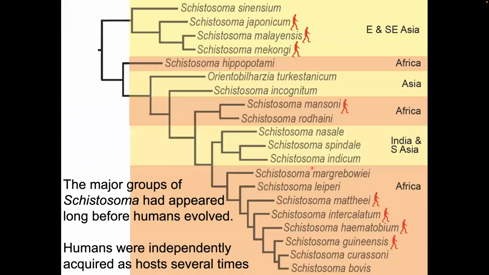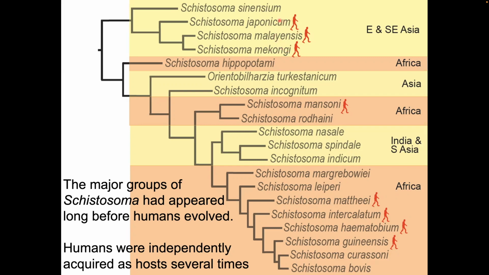And I've made this point in a number of talks, so I'll say it only briefly. Schistosoma and humans did not evolve together. Schistosoma had already split into most of these species before humans even evolved. And then, on several different occasions, were able to jump from their previous hosts into humans. Schistosoma japonicum in East Asia,